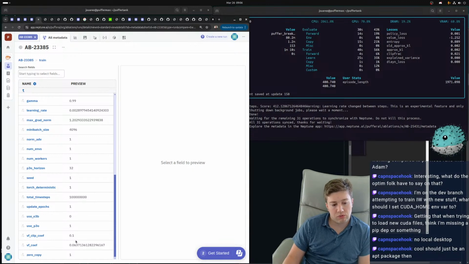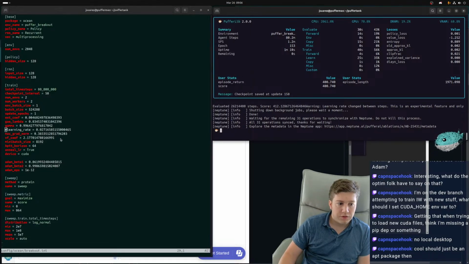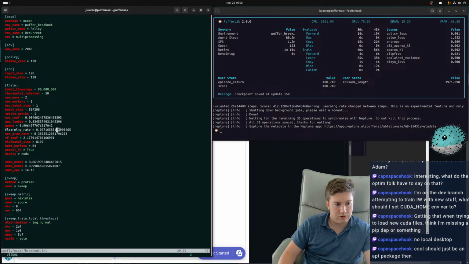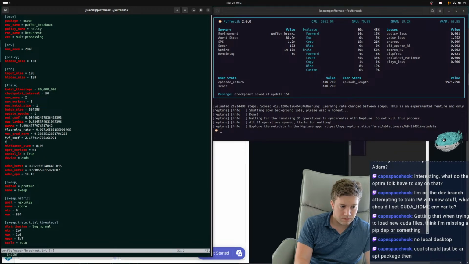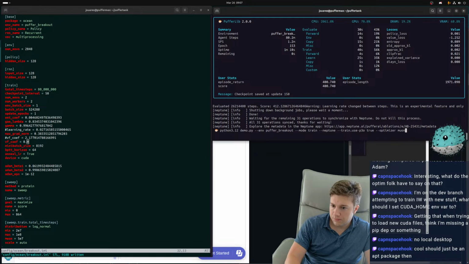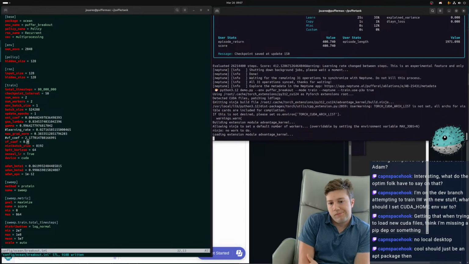Oh, this thing is screwing with the value coefficient completely, isn't it? I mean, that shouldn't work though. That shouldn't work. If that does work, then that tells us there's a big problem.